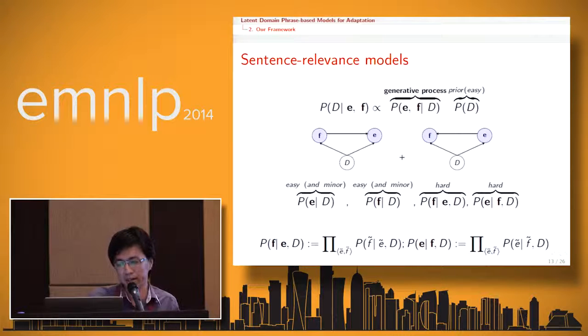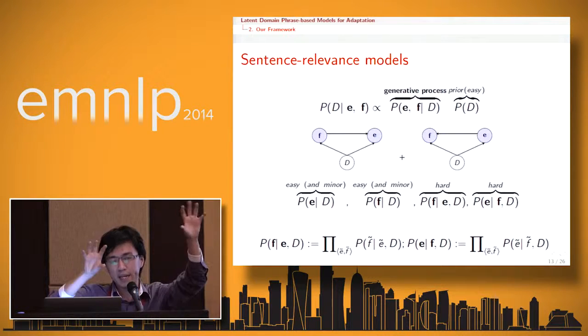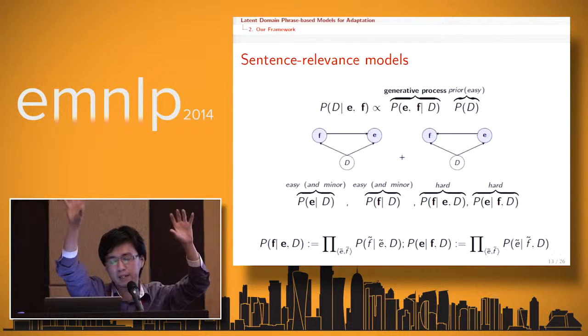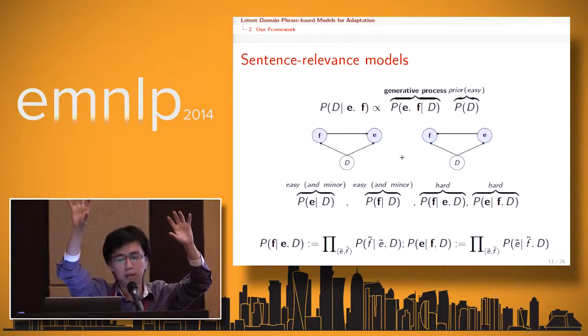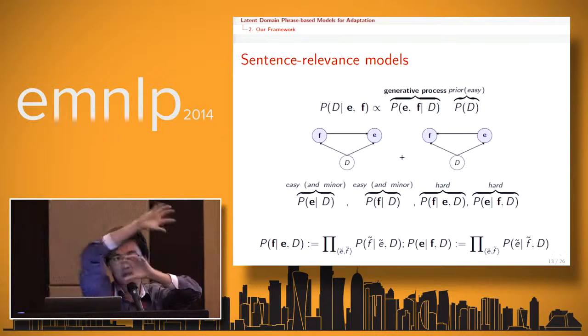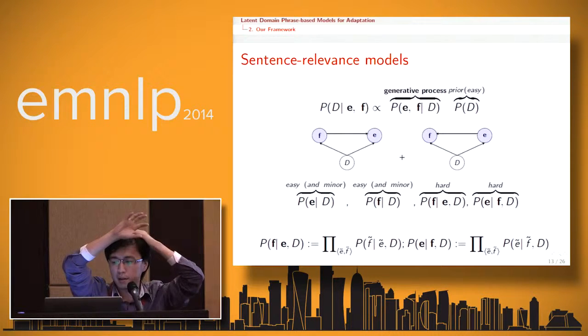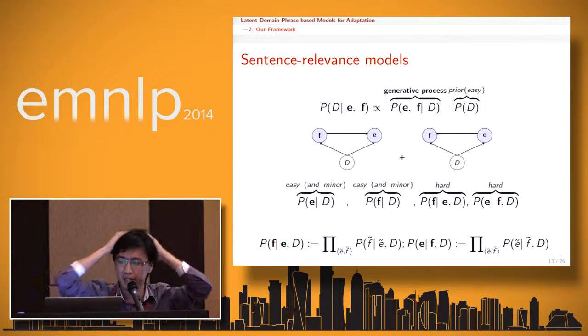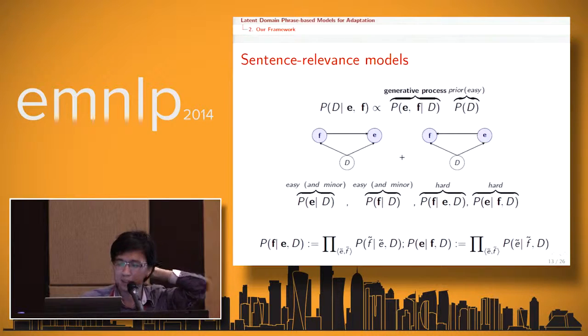We just train this kind of data, and then we can estimate it. It's similar to P of D given F, kind of like a language model. But the point is that for both D and F, how we can generate E turns out to be not trivial. So our solution is that we simplify the translation model to